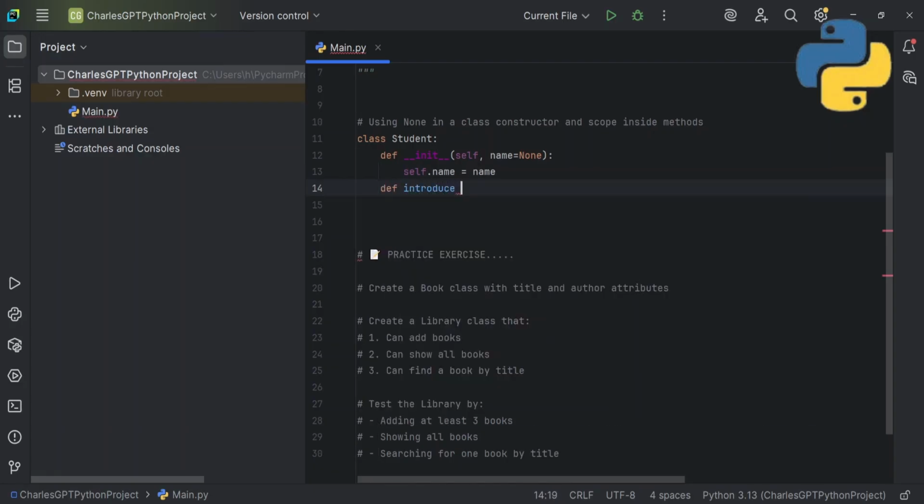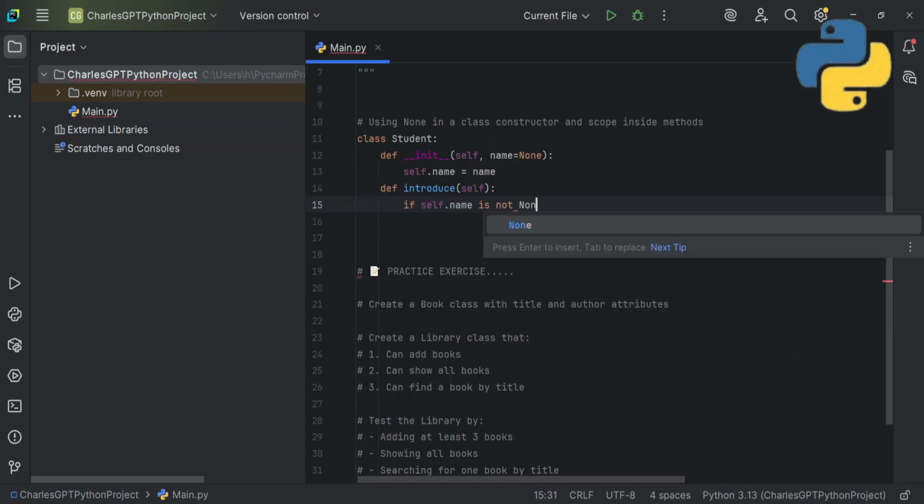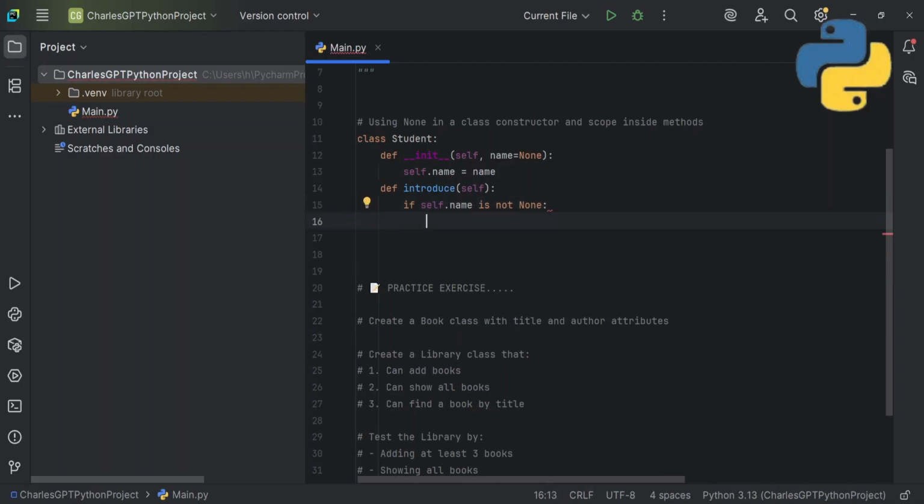It takes in just self. Then I'll say if self.name is not None, meaning the user assigned a name, because initially we set it as None, then we'll print,